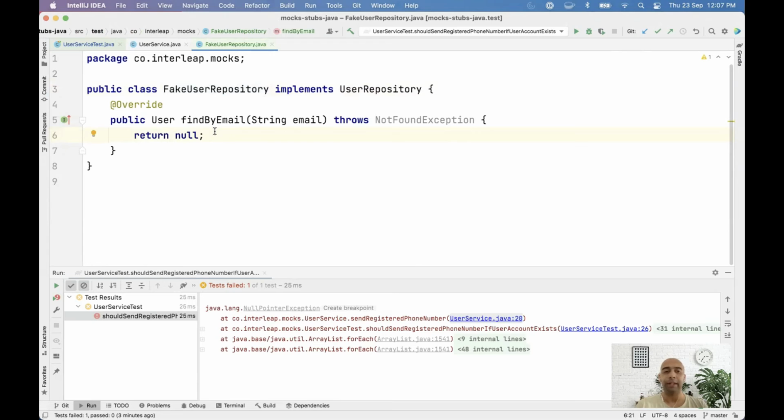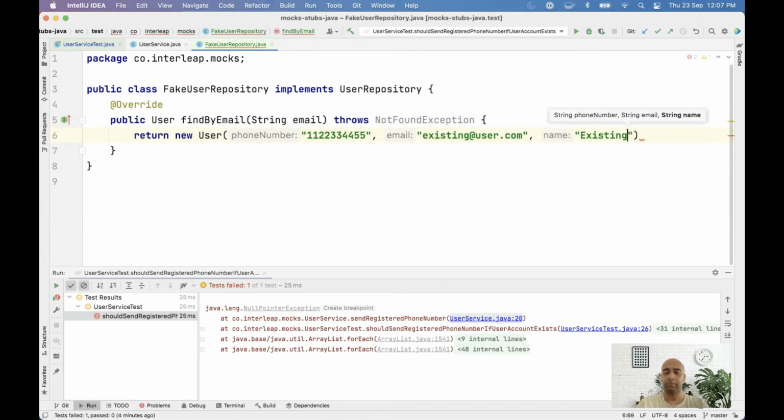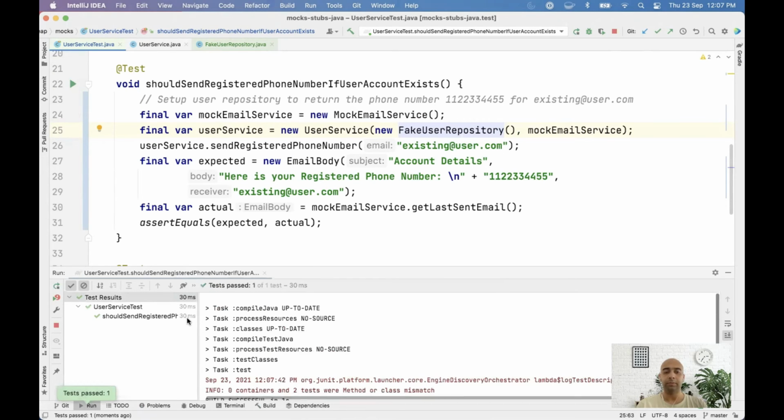We can provide this fake input by returning a hard-coded user object. Let me run the test again and see whether it works. It works.